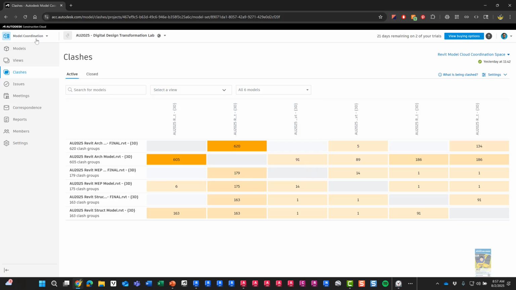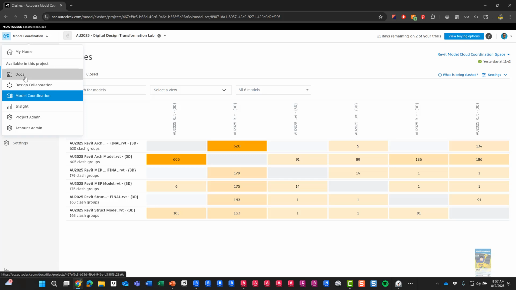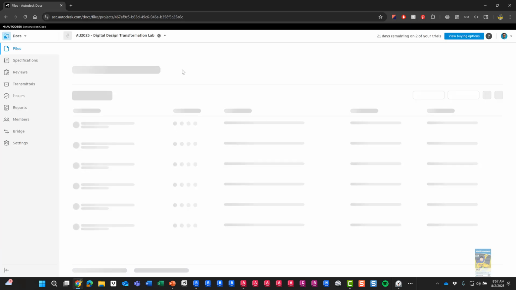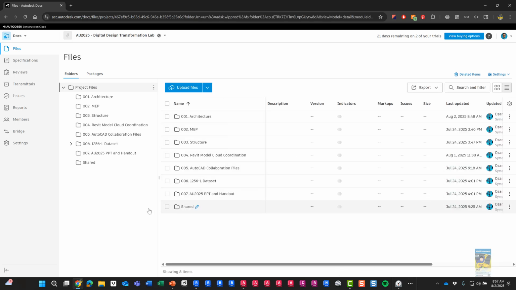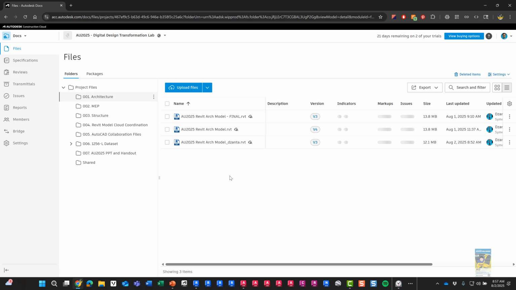So how do we do that? Head back to Docs. Head back to the project. It should default you back to the architecture, to the project files folder. Head back to the architecture folder and you see your model here. Again, make sure it's the model that you're working with. Select it by using this check mark in the box, using the 3 little dots for additional tools,